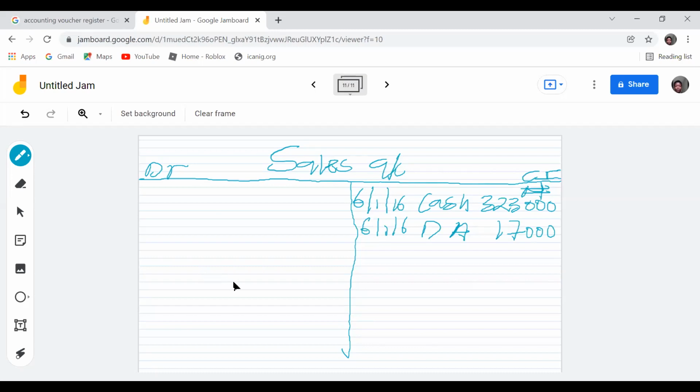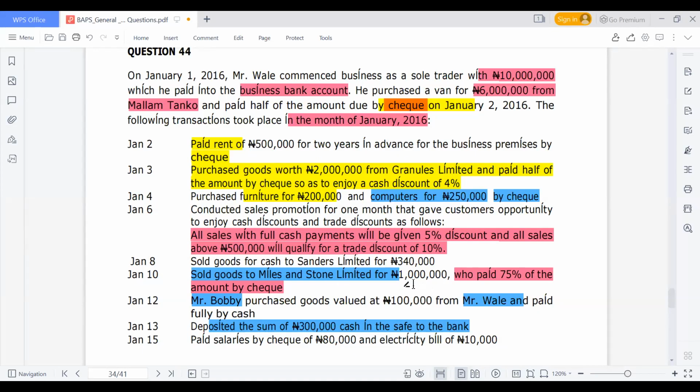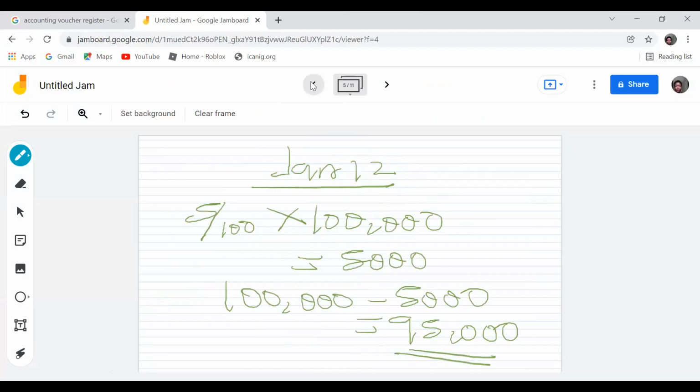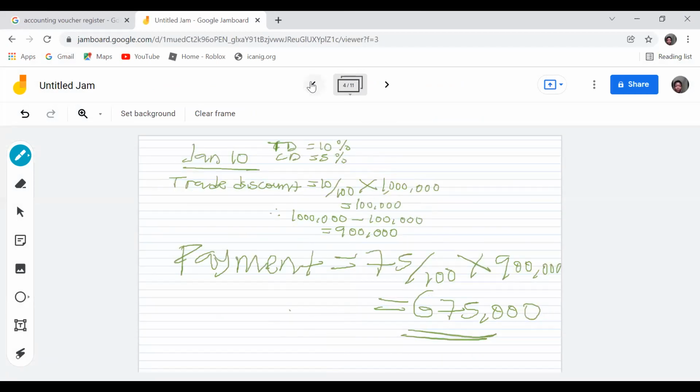The next day, sold goods to Miles and Stone for how much? For this, and paid 75% of it. So that means the actual amount, if you look at this now, we have this working here as well. You can see this on January 10, that you sold goods to Miles and Stone